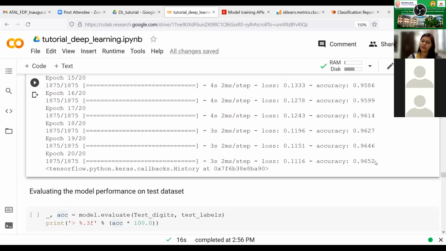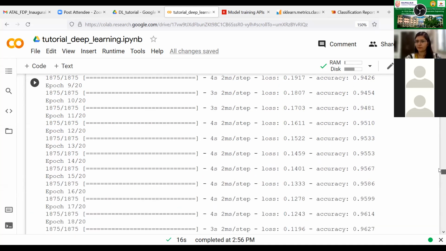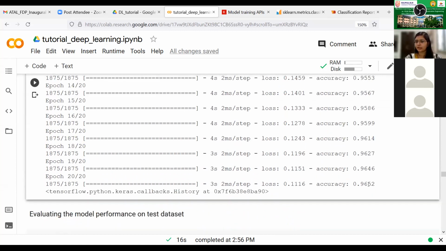Now, when you work with deep learning models, you need to decide at which epoch you want to stop. Once you work with it, you will be able to know it. There is no hard rule. The one hard rule which you can say is that when you know that your model is overfitting, which means that your training accuracy is not increasing or is just saturating, then you stop. Based on that we decide the number of epochs. Right now I'm just showing the random value of 20, where we can see that the accuracy is still increasing.